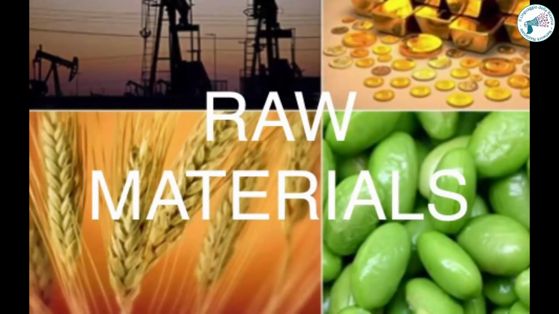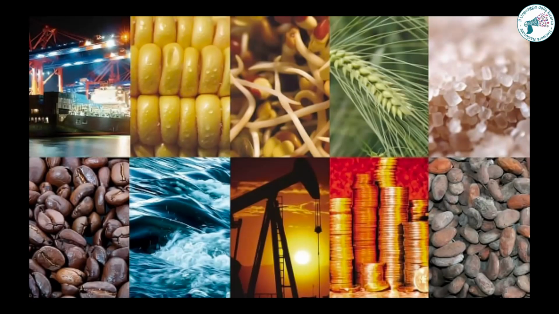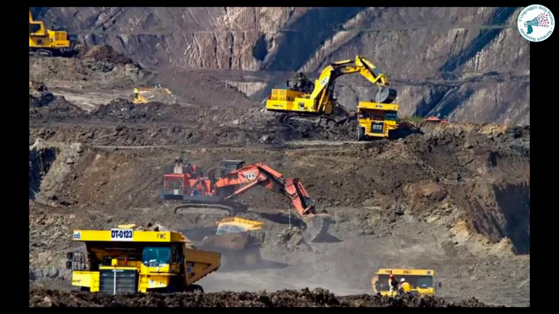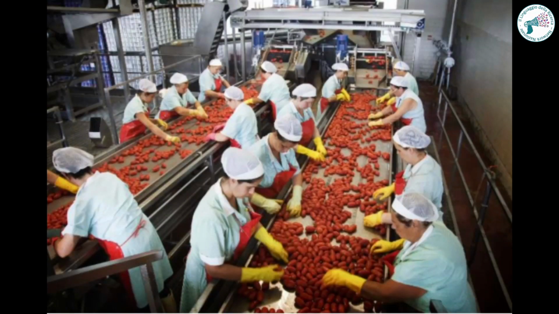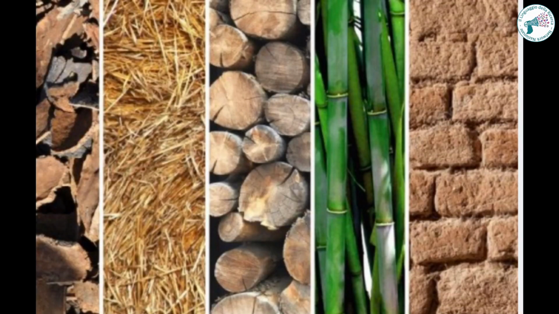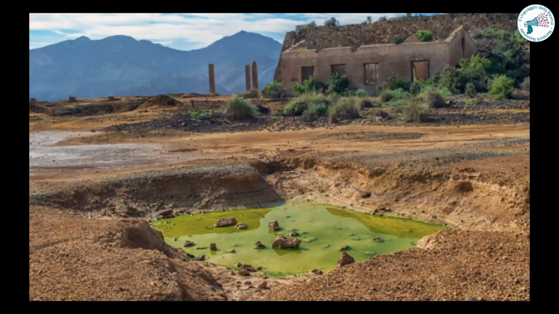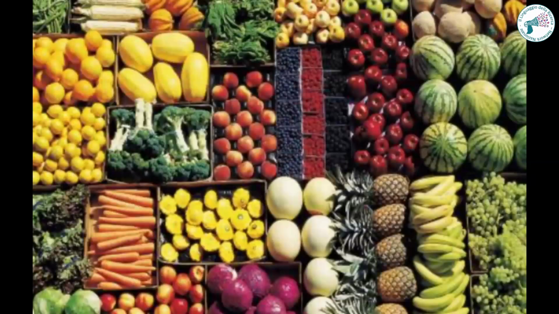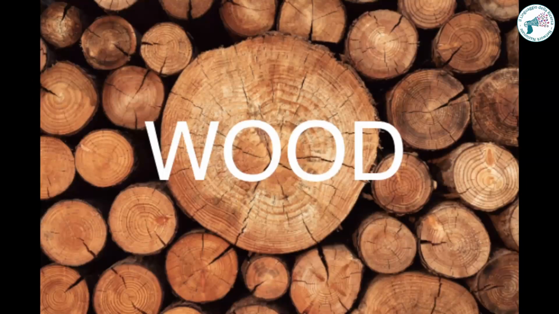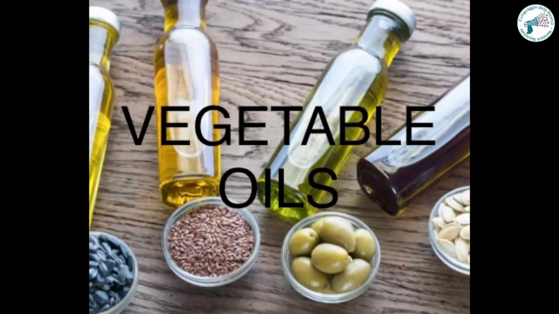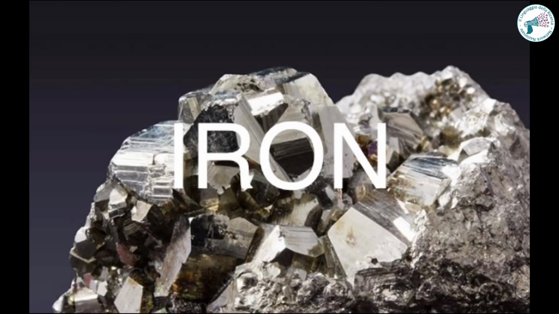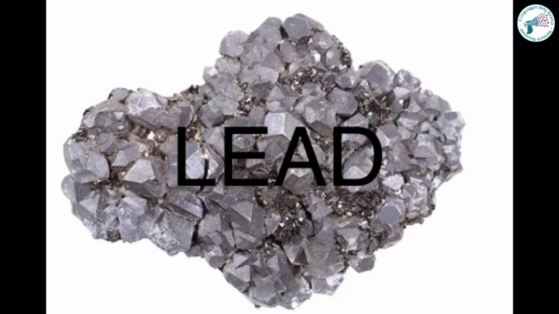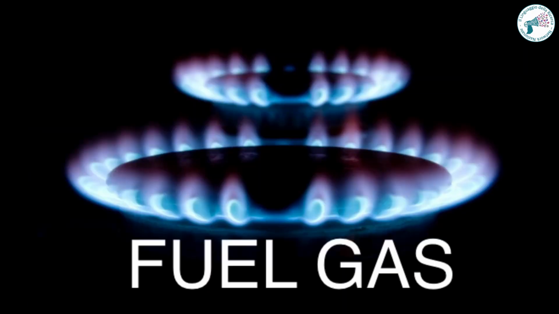Raw materials. Raw materials are materials provided by the exploitation of natural resources and intended for subsequent processing to produce goods. Raw materials are all those materials that we obtain from the exploitation of natural resources and are subsequently used for the production of a wide range of goods through industrial processing and manufacturing. Raw materials are agricultural, wood, natural fibers, vegetable oils, etc., and mining, iron, sulfur, copper, lead, coal, oil, fuel gas.